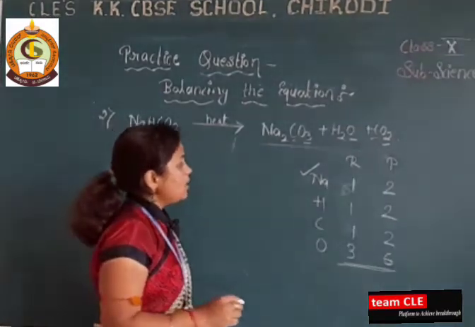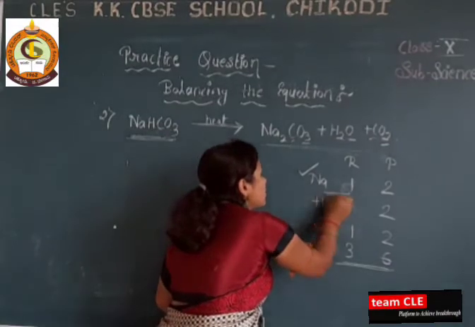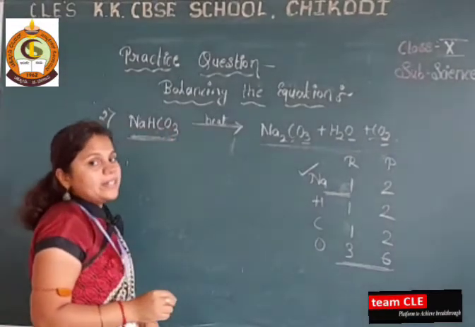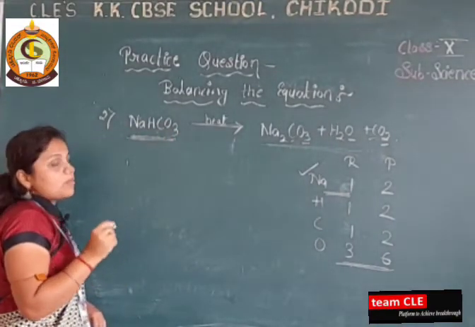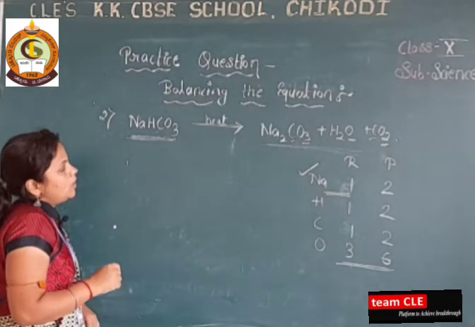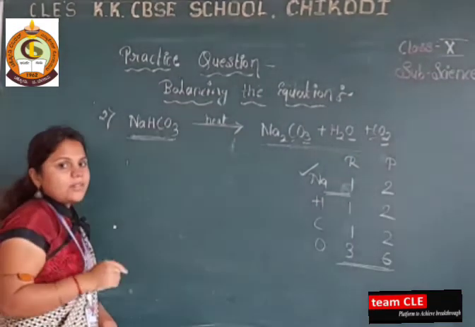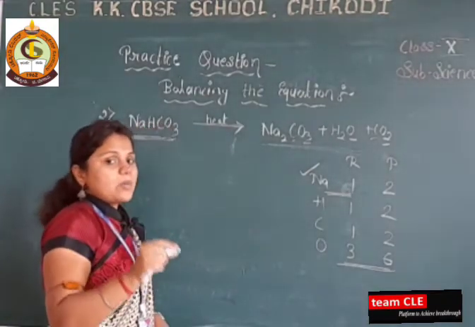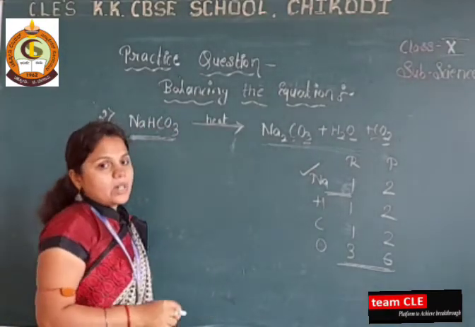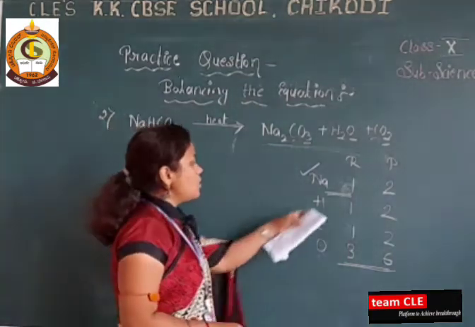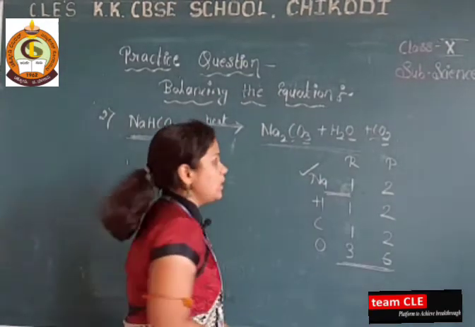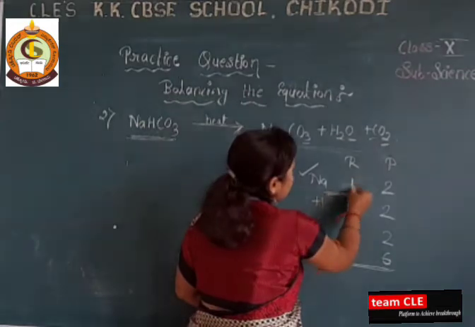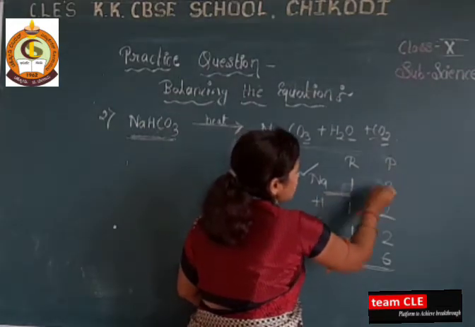So just let me clear this. It is quite interesting. Just do the habit of practicing such type of equations. Pause the video and think twice: from which number is it possible to get this product? Only go for the sodium. The number of sodium in the reactant is only 1, and in the product it is 2.